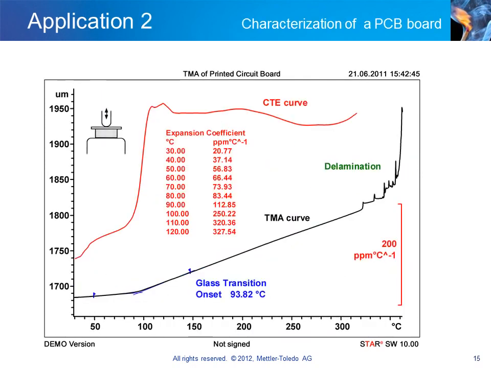This slide shows a typical application of TMA in the electronics industry. A printed circuit board, or for short a PCB, is a laminate consisting of several layers of support material bound together by a thermosetting matrix resin. A high-performance PCB